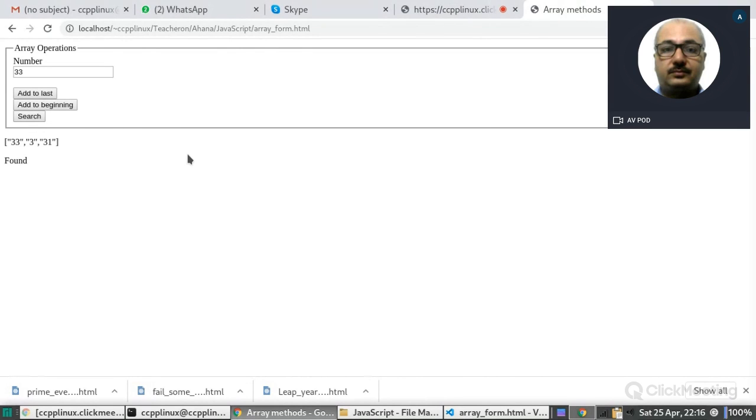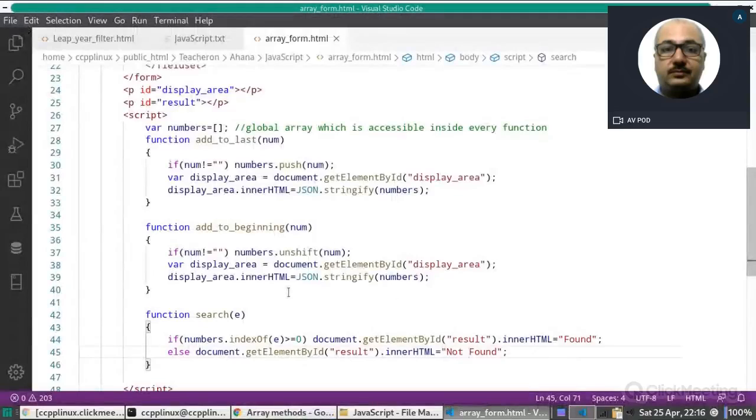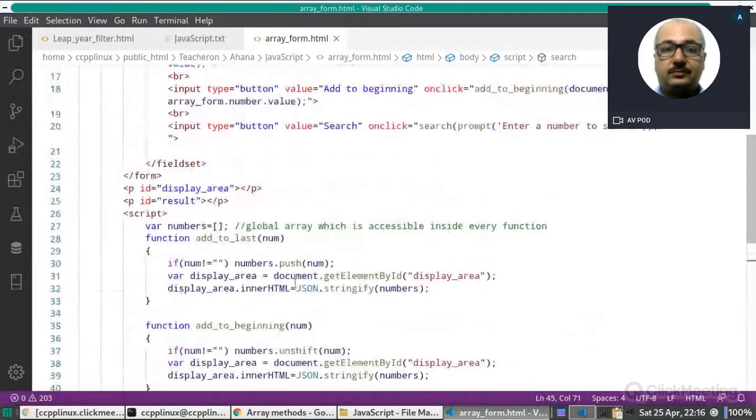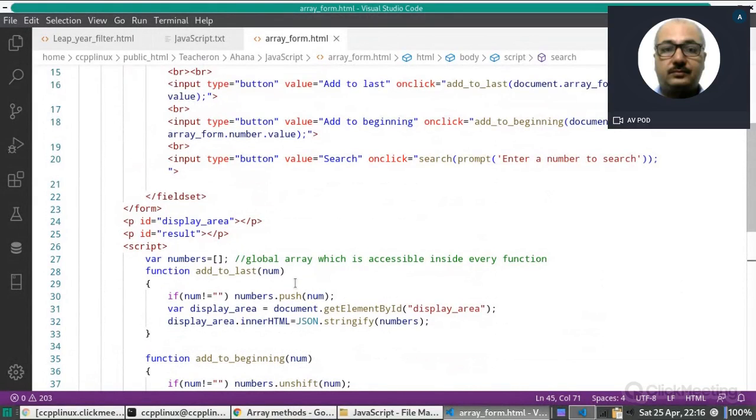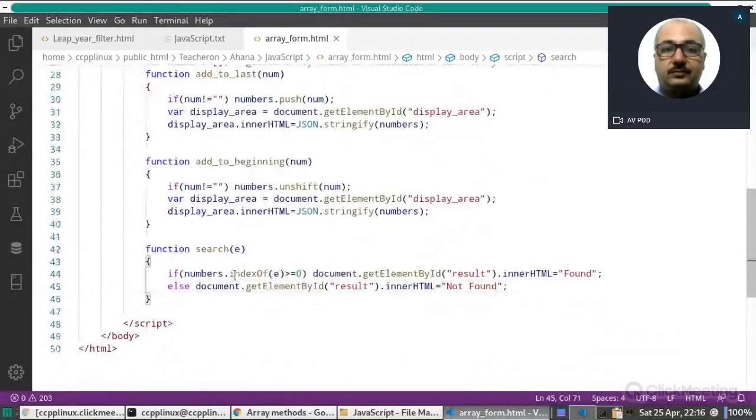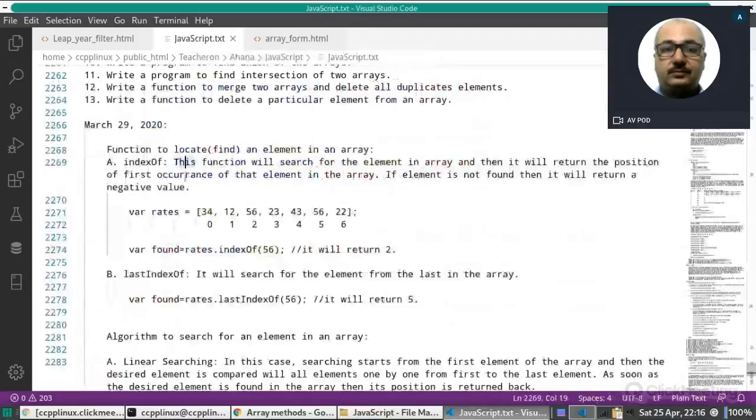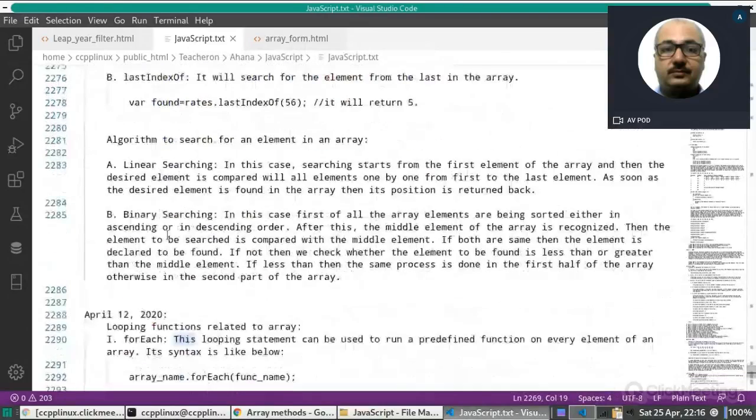This program is already there, and then it will become a real-life program. We take input from the user, do the operation, and then display the result. It is something like this. So I'm sending this file, the array form. You need to continue with the code of this file, arrayform.html. You just need to define more input buttons here, and then the corresponding functions. Got it? And you have to make use of all the functions that we have discussed.